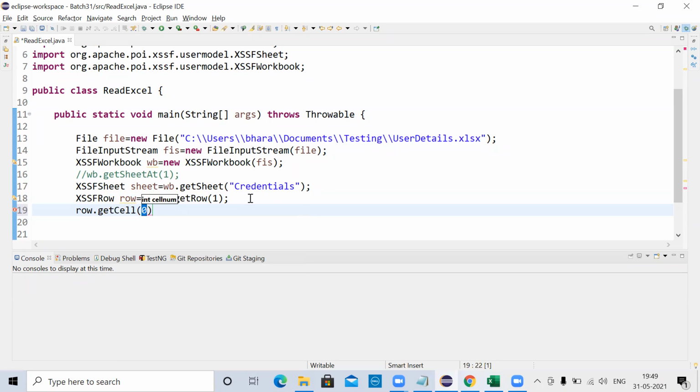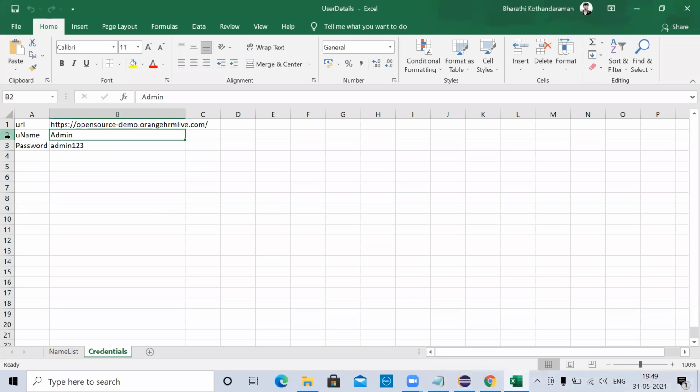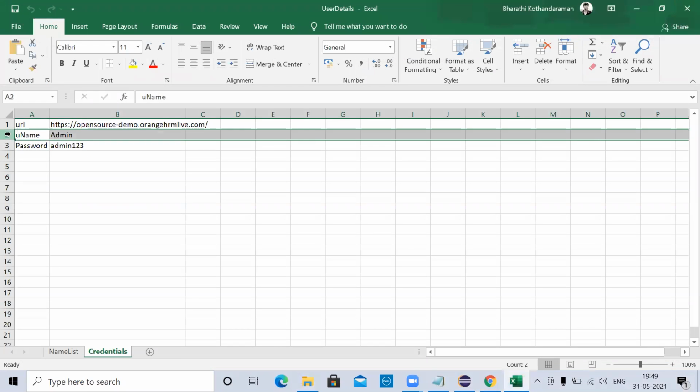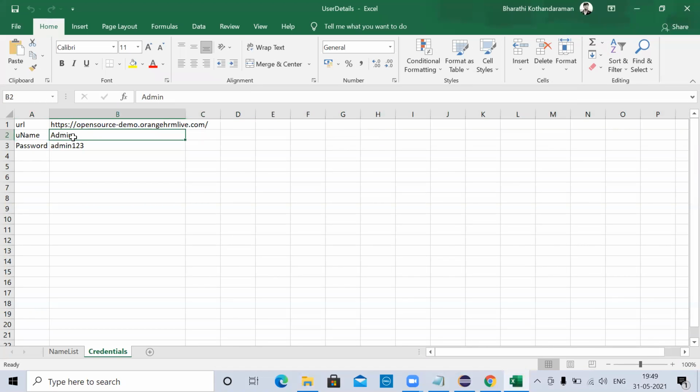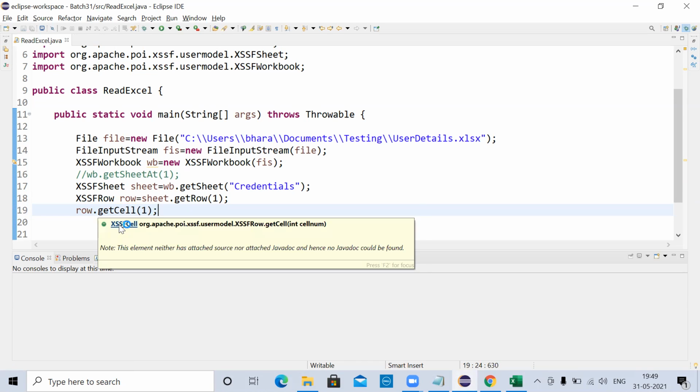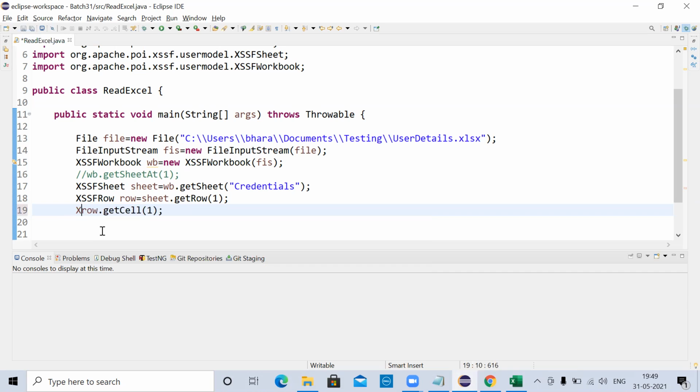Here you define the cell of the pointed row. My control is in the second row, and the data is in the second cell, whose index is 1, so I say 1. If you see the return type of this method, again it is XSSFCell.